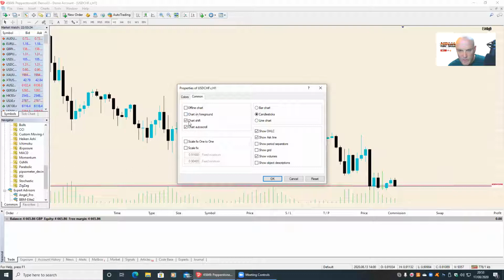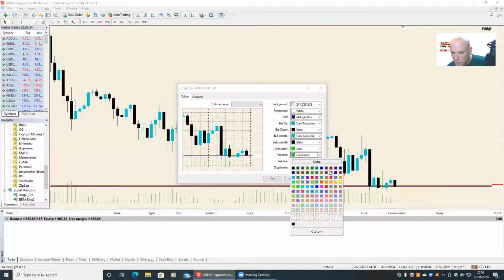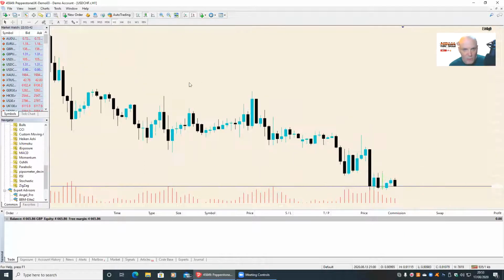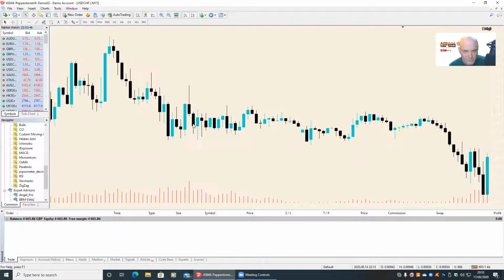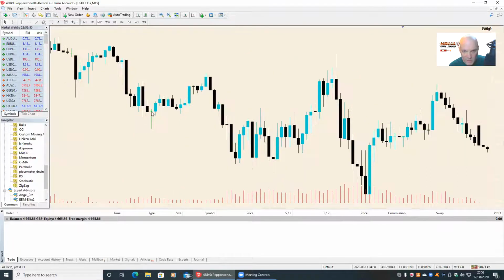properties, chart shift, chart auto scroll, colors, volumes line green. So we want the volumes to be, on this occasion, I'm going to do it on the red. Let's just take a look. And what will happen is, if we scroll back, we'll take it down a time frame and we'll look for a doji. See, well, we've got one here. Okay,